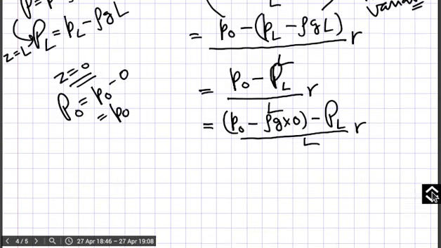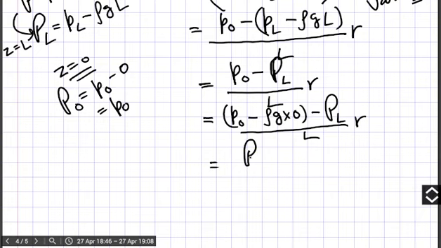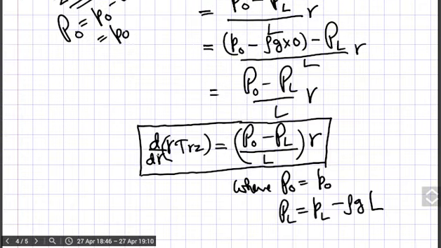So in place of P naught you can write directly P naught minus PL over L into r. Finally you get this equation after all that rearrangement, where P naught is equal to this pressure and PL is equal to pressure minus rho g L, L being the height of the cell. And now you will integrate it, and you can see in your book the result of that integration. If possible I will make one more video lecture on it so that this problem is fully analyzed. So thank you very much students.